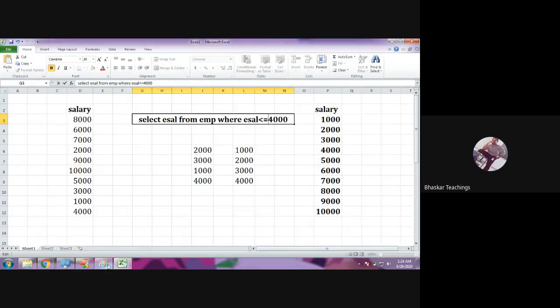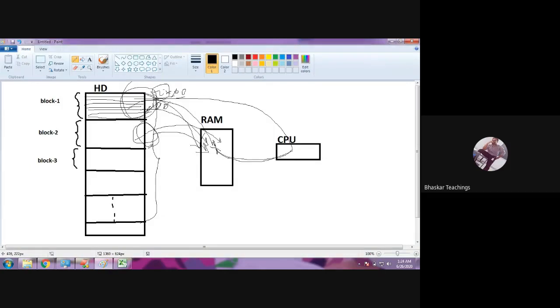Okay, and there is no break in between because there is no index, so it has to go through all the 50 records. So this is just a database operating system concept. I hope you understood. So this is a burden, right? Loading all the blocks one after another, even though there is no data. Suppose there are some blocks in which there are no salaries less than 4,000. Still the block has to be loaded and the CPU has to search for such data.